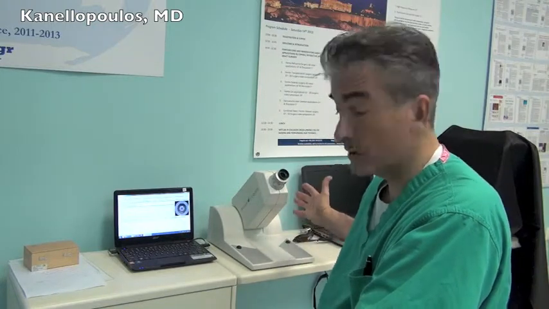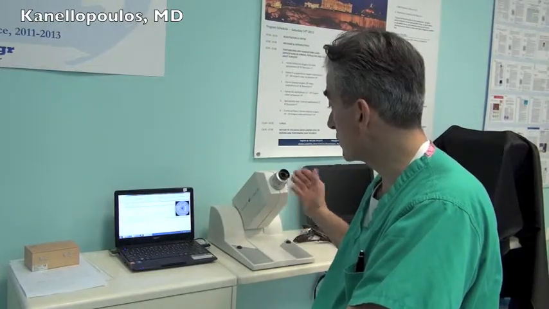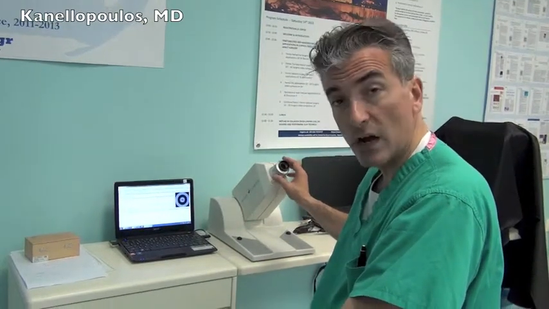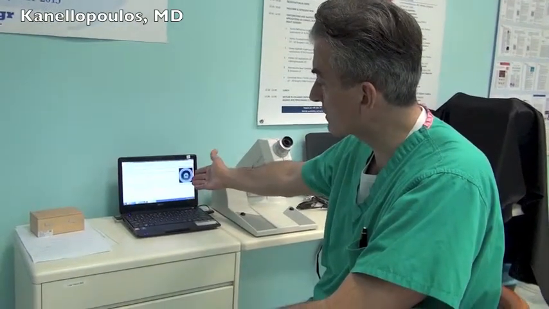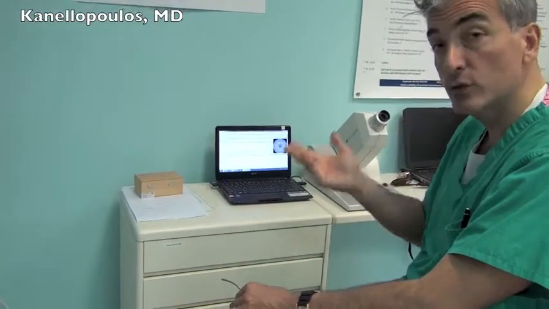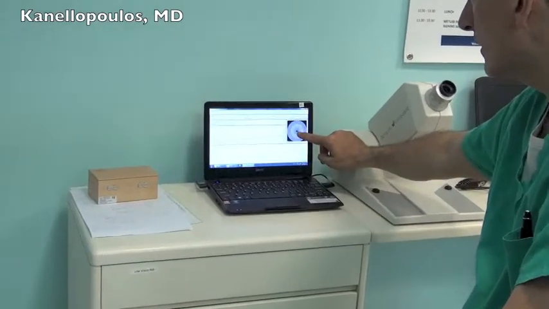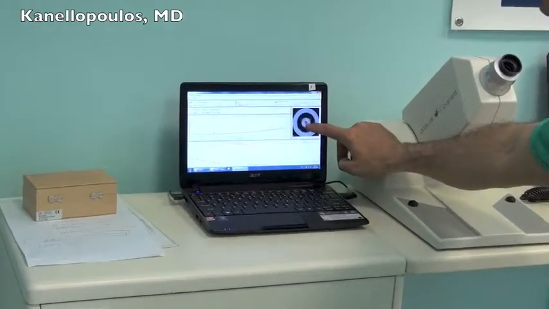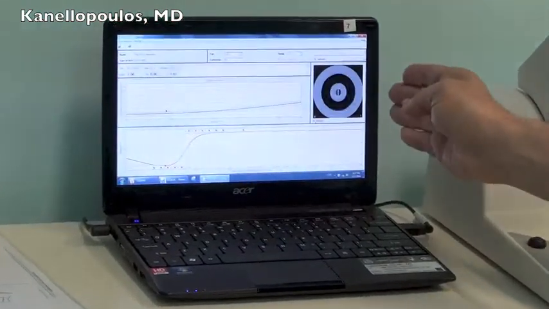This is the actual position that the patient sits at. The patient is examined one eye at a time, so the patient is seeing monocularly through this ocular here, and this is what the patient is seeing. I'm giving you the example of the bright blinking circle, which is meant not to distract the patient, and the patient has to focus in the central tiny circle, which is split vertically in half,